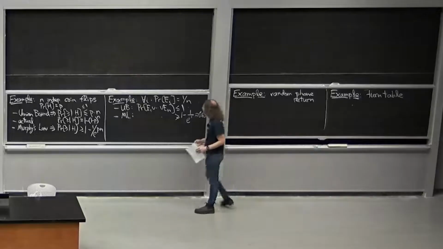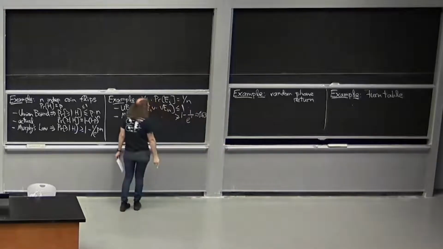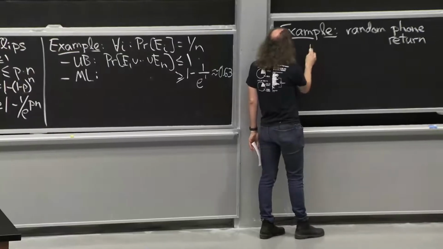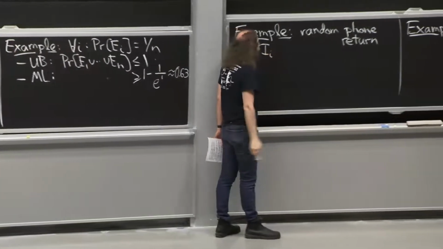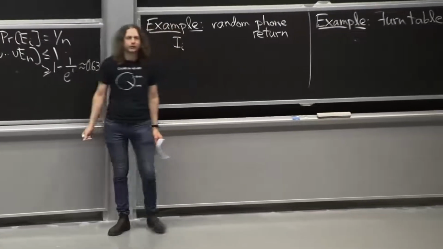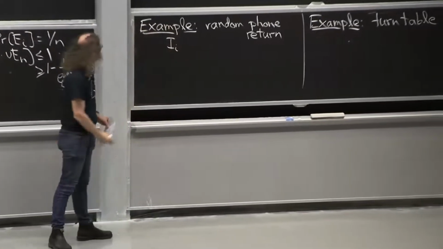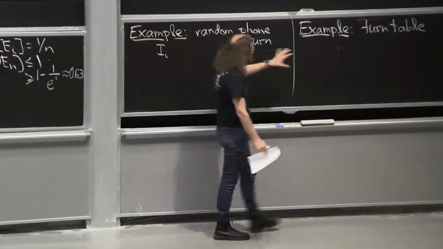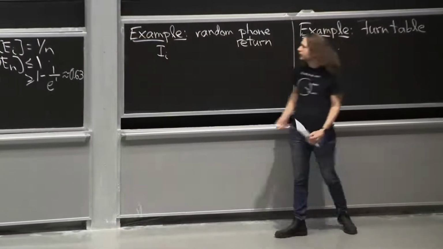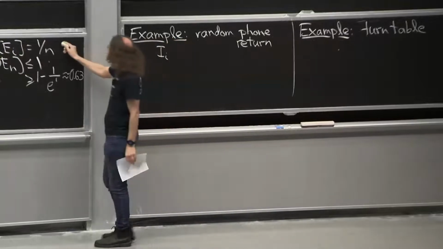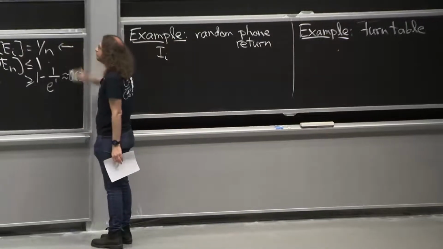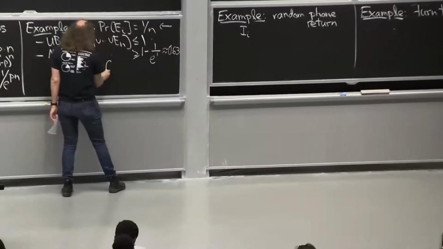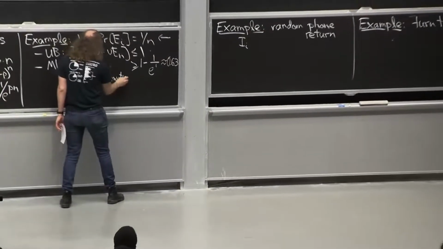Yeah, this is an example. If you recall, we wrote down there was an indicator random variable. I forget what we called it. Let's say I sub i, which was, does the ith person get back their phone? And we computed the probability of that equaling 1 here and here. And in both cases, it was 1 over n. So these are actually both examples of this picture. OK, I should say if mutually independent.